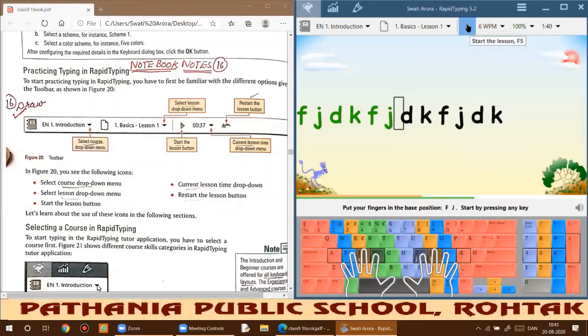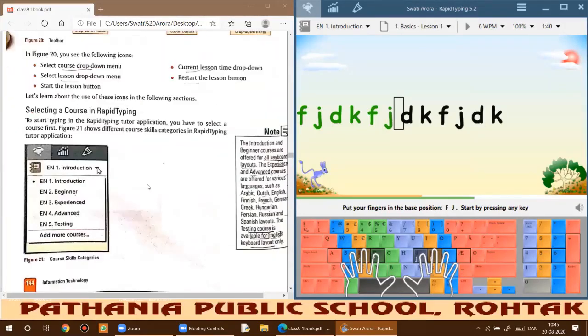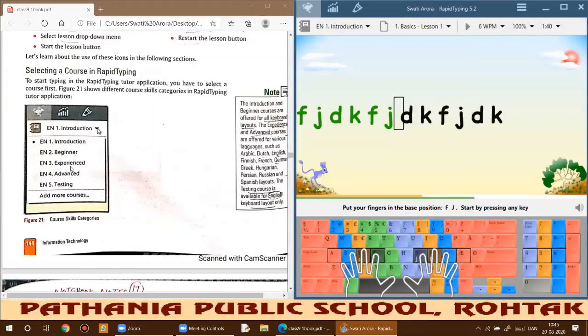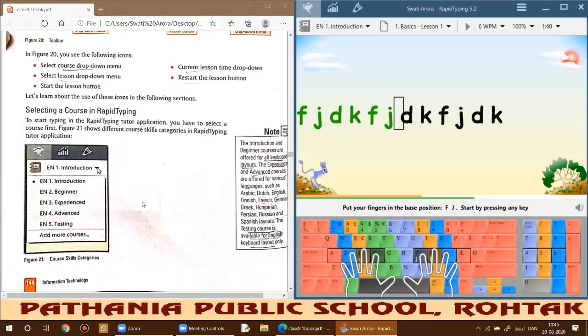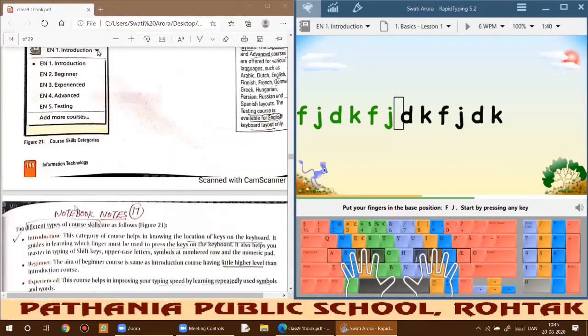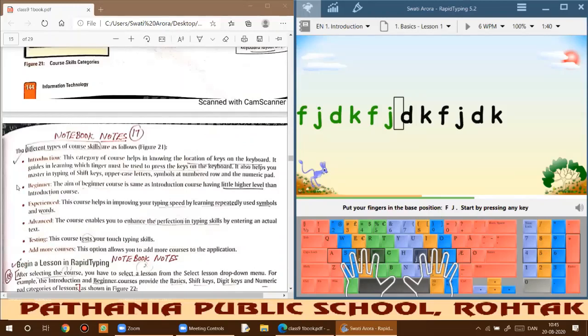So you can pause the lesson if it is not required at that time, right? The different courses I told you: introduction course, beginner course, experience course, advanced course, and testing course. So in the exam you can be asked what all courses are available by default in the Rapid Typing Tutor. So you will explain all these, and these are given in your book also with explanation.